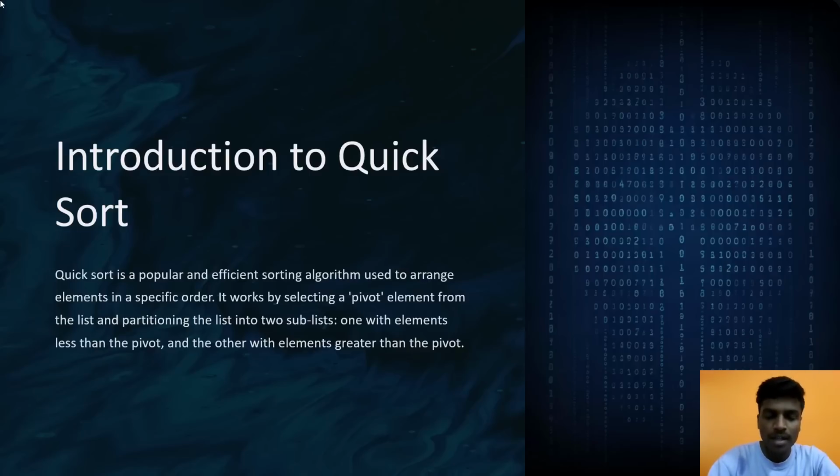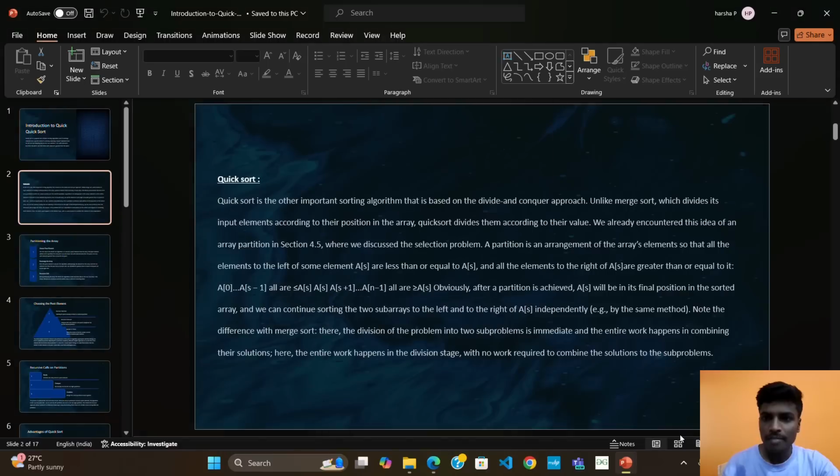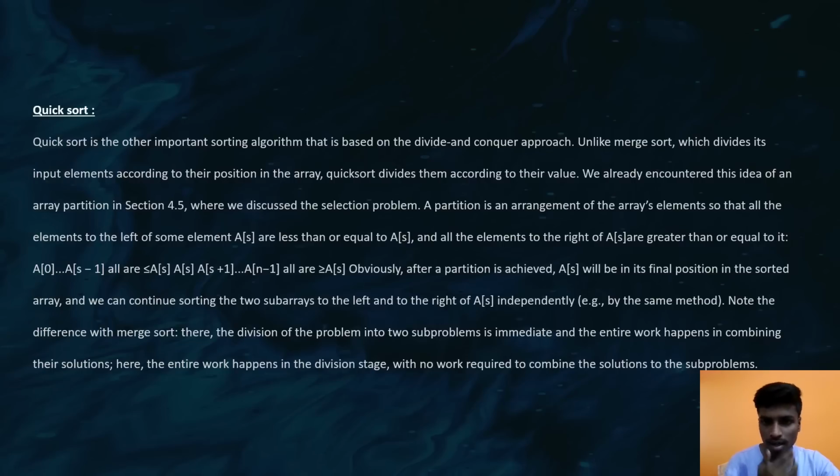It works by selecting a pivot element from the list and partitioning the list into two sublists, one with the elements less than the pivot and the other with the elements greater than the pivot. Next, quicksort is another important sorting algorithm that is based on the divide and conquer approach. Unlike merge sort, which divides its input elements according to their positions in the array, quicksort divides them according